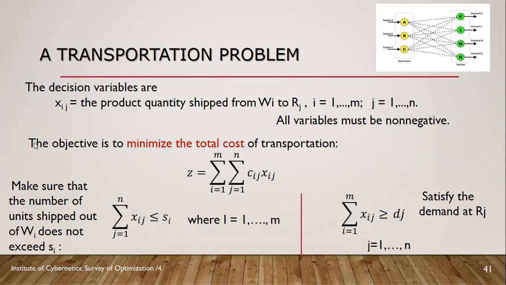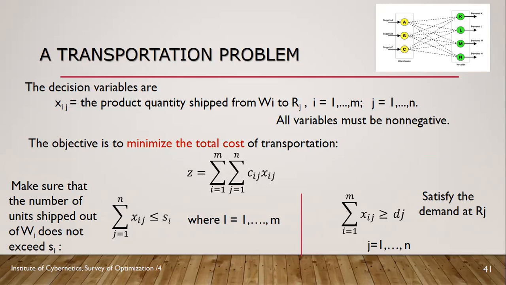Then the objective is to minimize the total cost of transportation, which involves the transportation from a specific warehouse to a specific retail location, and the summation of the products of the product quantity and the price